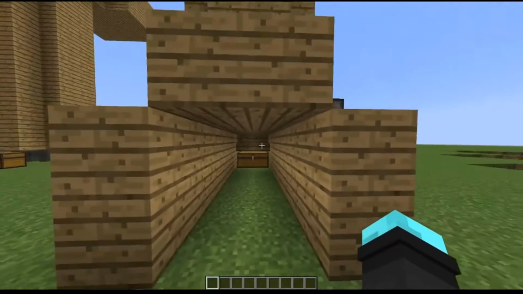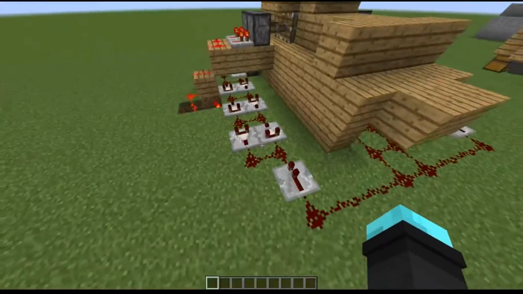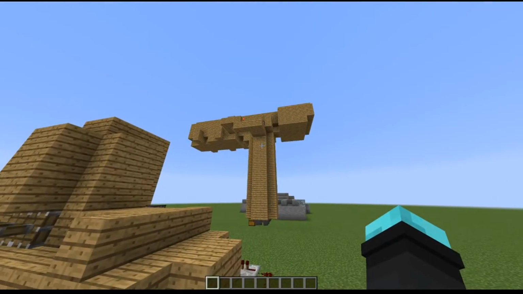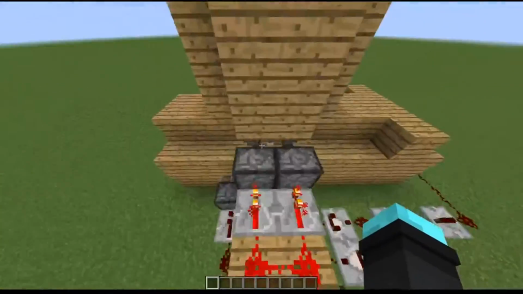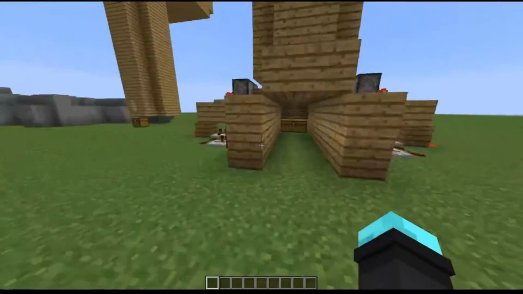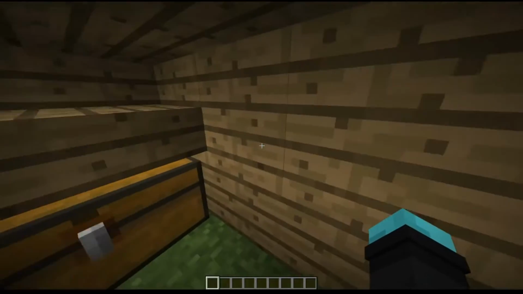Next up we have this thing. It is a tiny little bit more complicated than that one over there, the pitfall, because it uses a bunch of pulse extenders and inverted redstone. So basically what you do, you walk forward. Oh, there's a chest here. Okay,